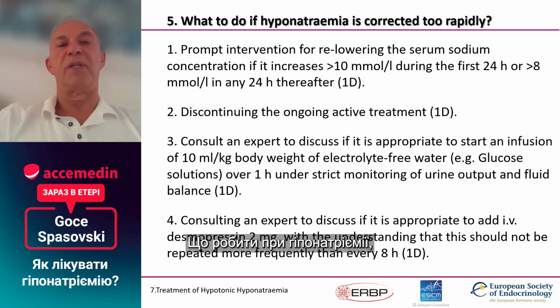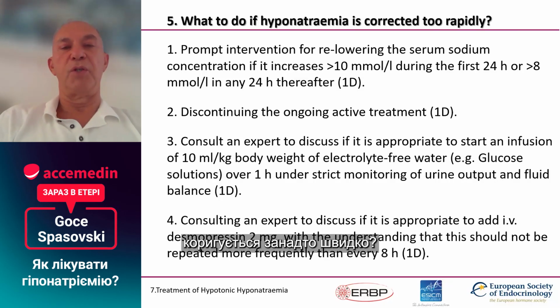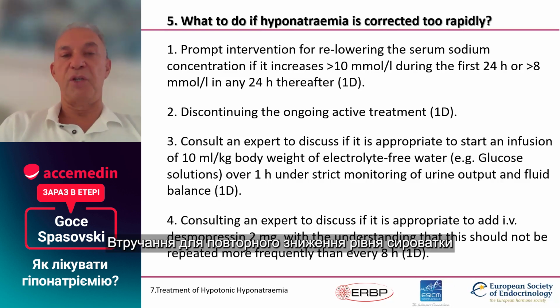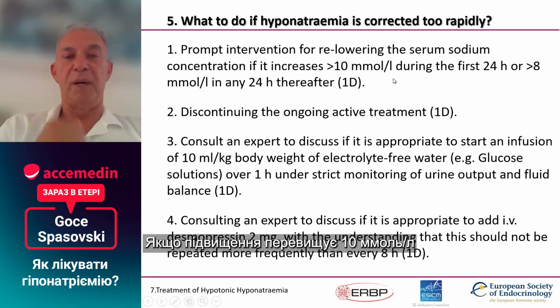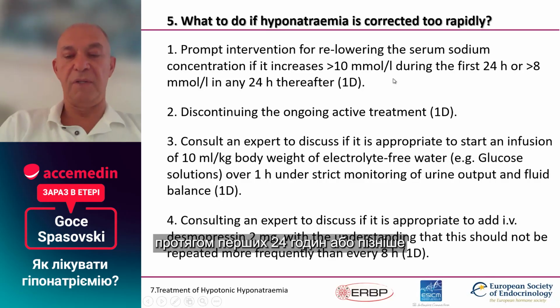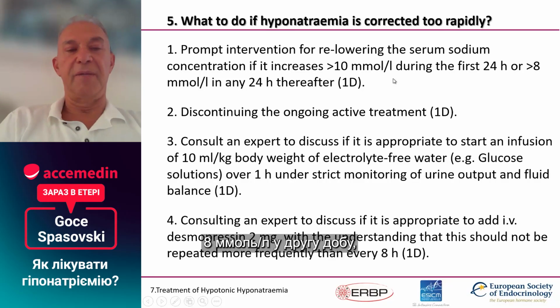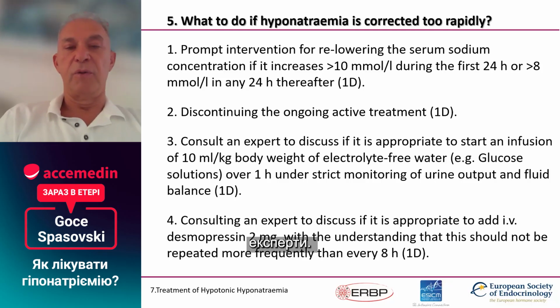What to do in hyponatremia which is corrected too rapidly? Intervention for re-lowering the serum sodium is needed if it increases above 10 millimoles per liter during the first 24 hours or above 8 millimoles per liter in the second 24 hours. We should discontinue the ongoing active treatment, and consult the experts to discuss if it's appropriate